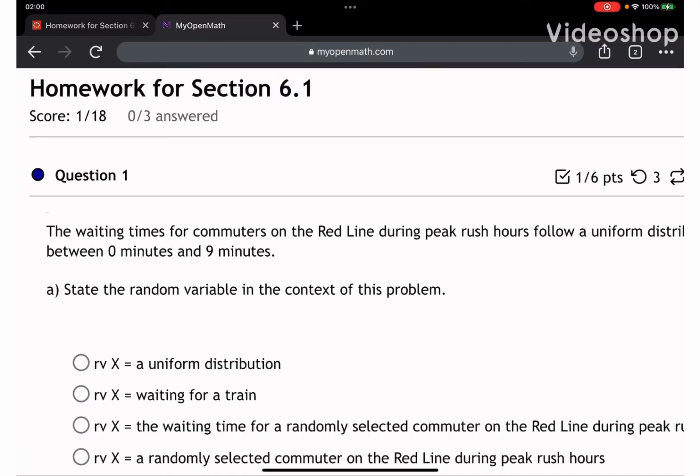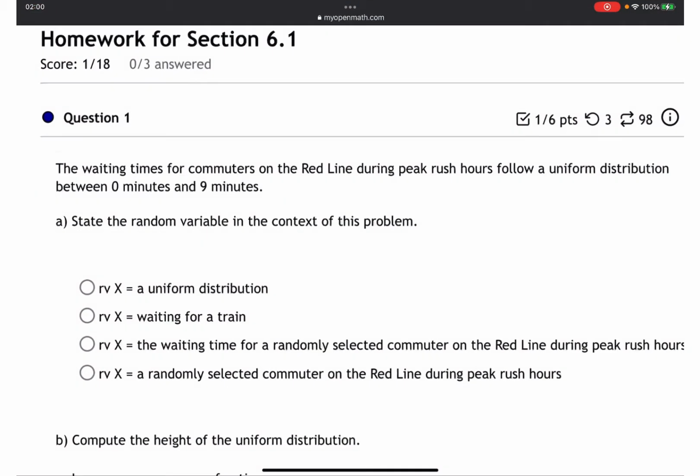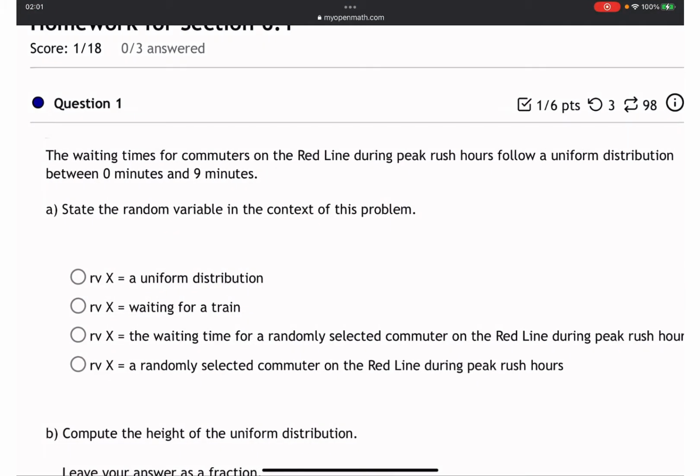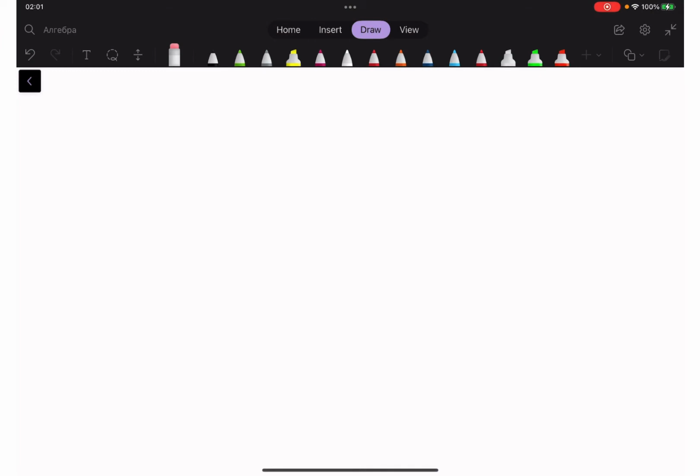We are going to work on section 6.1. Question number 1. The waiting time for commuters on the red line during peak rush hours follows a uniform distribution between 0 and 9. Here is a very important word: a uniform distribution between 0 and 9. Uniform distribution meaning